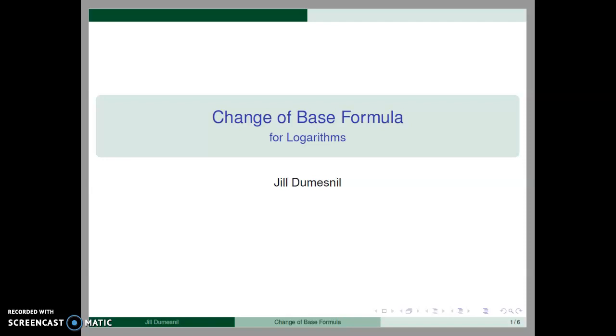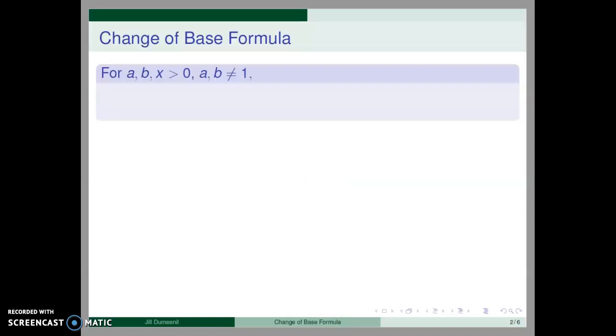In today's video, we will learn the change of base formula for logarithms, discuss its proof, and illustrate it with examples. Throughout, we will assume that we have positive logarithmic bases that are not equal to 1 and positive inputs into logarithmic functions. The change of base formula says that we can change log base a of x to any base